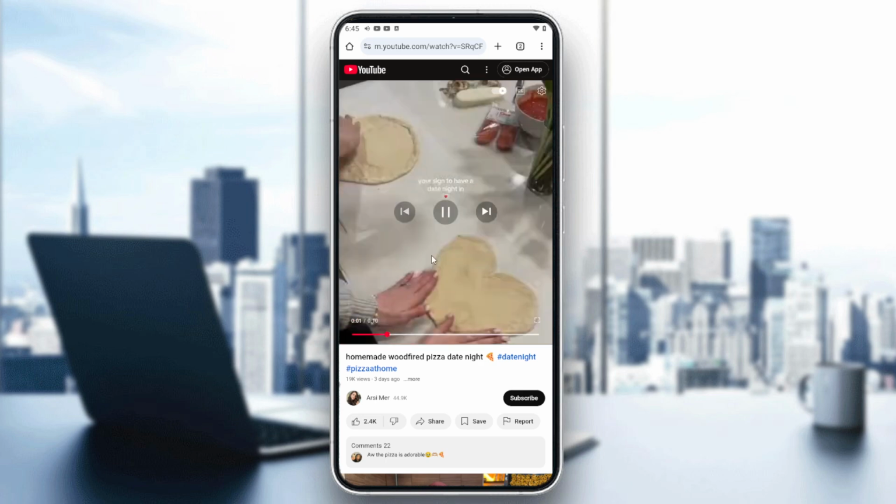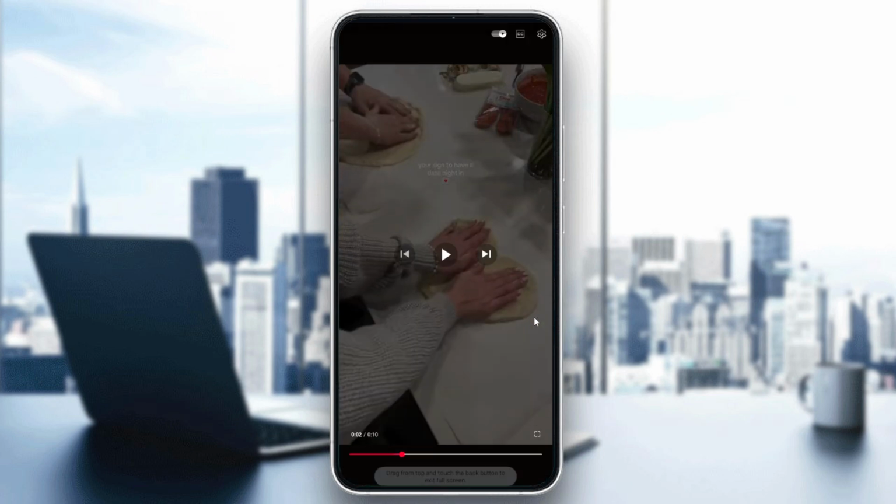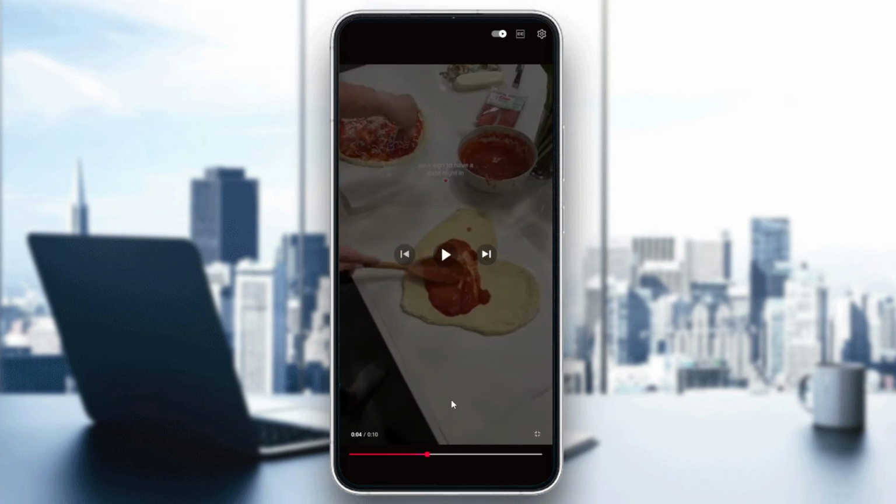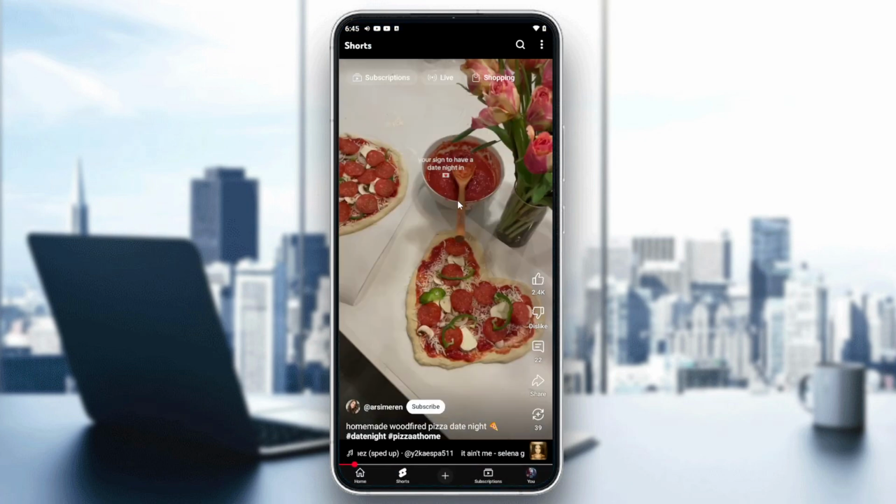As you can see, it's now with the layout of a normal video. When I go to full screen, the description is hidden, and all these icons go away, and it's the same Short that we have here. So that's just one way to do it. And basically, those were the